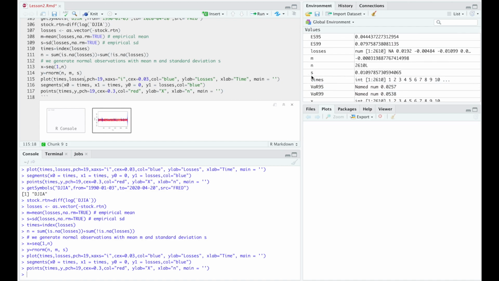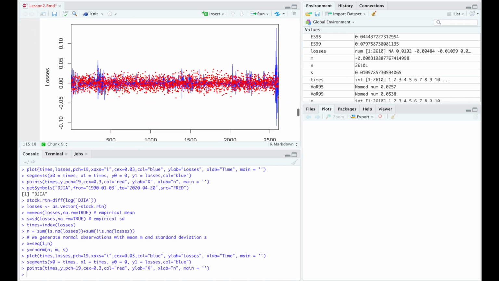For what concerns the standard deviation, it is 0.01, okay? So these are our data. If we look at the graph that we can create, you see that the red dots represent the random observations we have generated by sampling from a normal distribution with mean m and standard deviation s. The blue observations are conversely the true observations. So one thing that should strike our attention is that while for most observations somehow the red dots and the blue lines are compatible, there are still many situations like here, like here, like here, mainly, in which